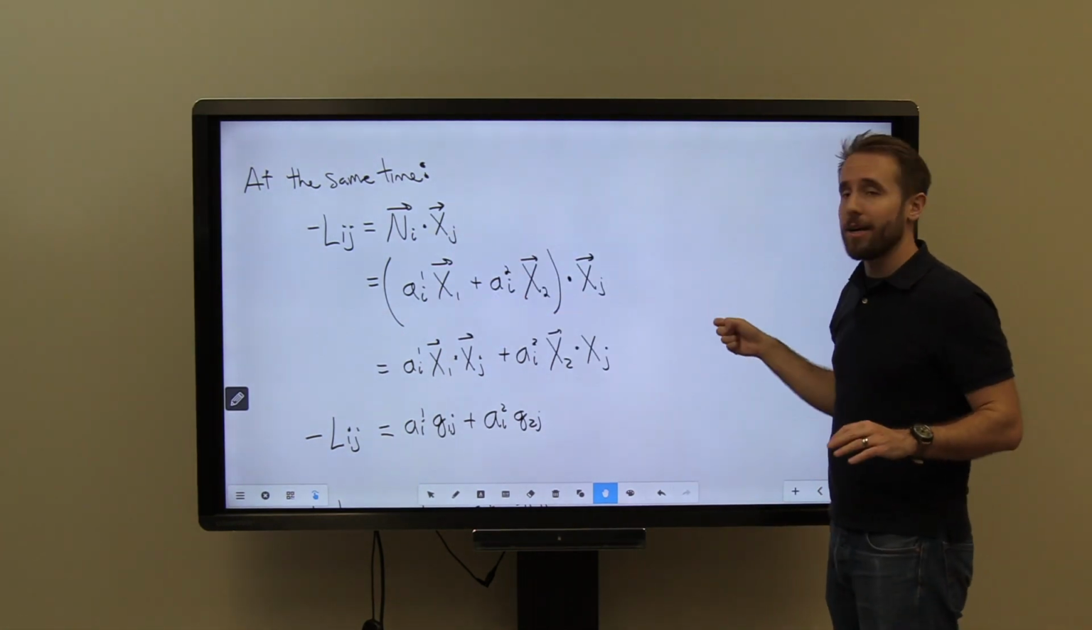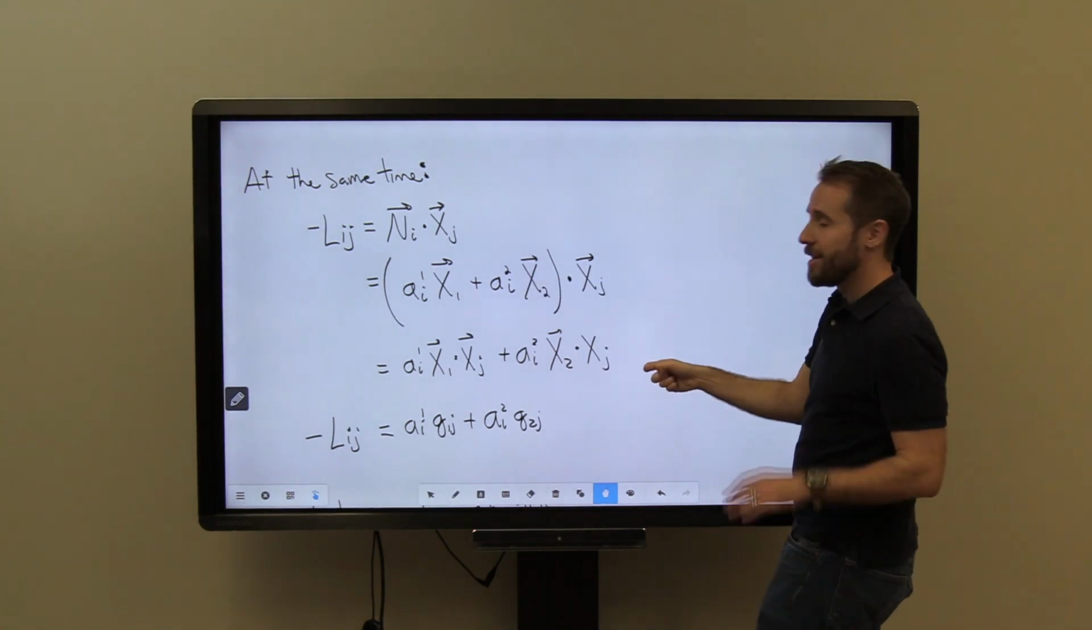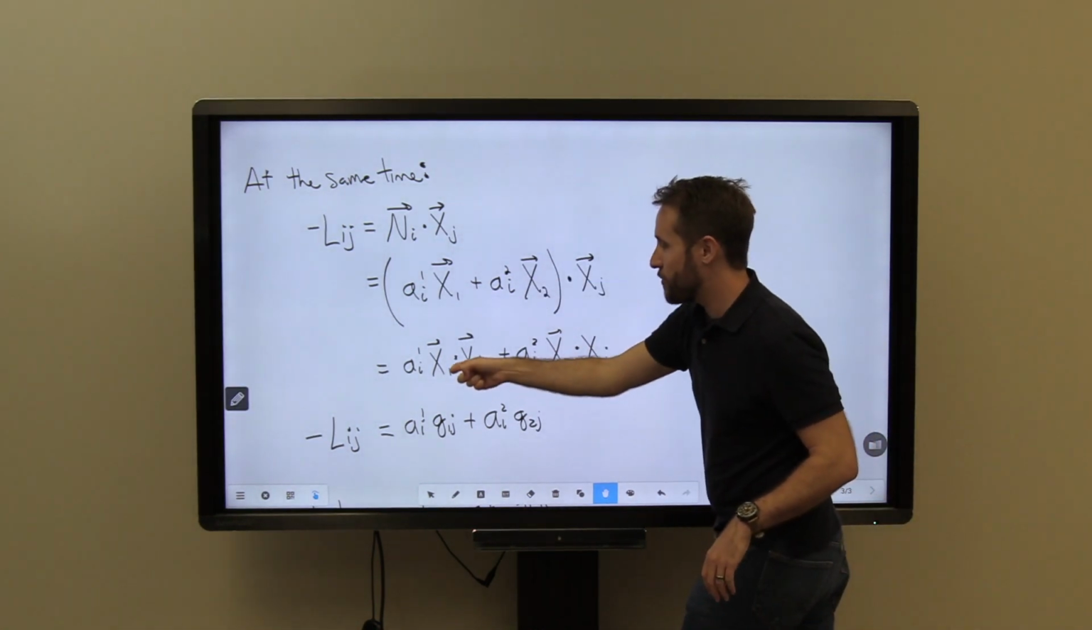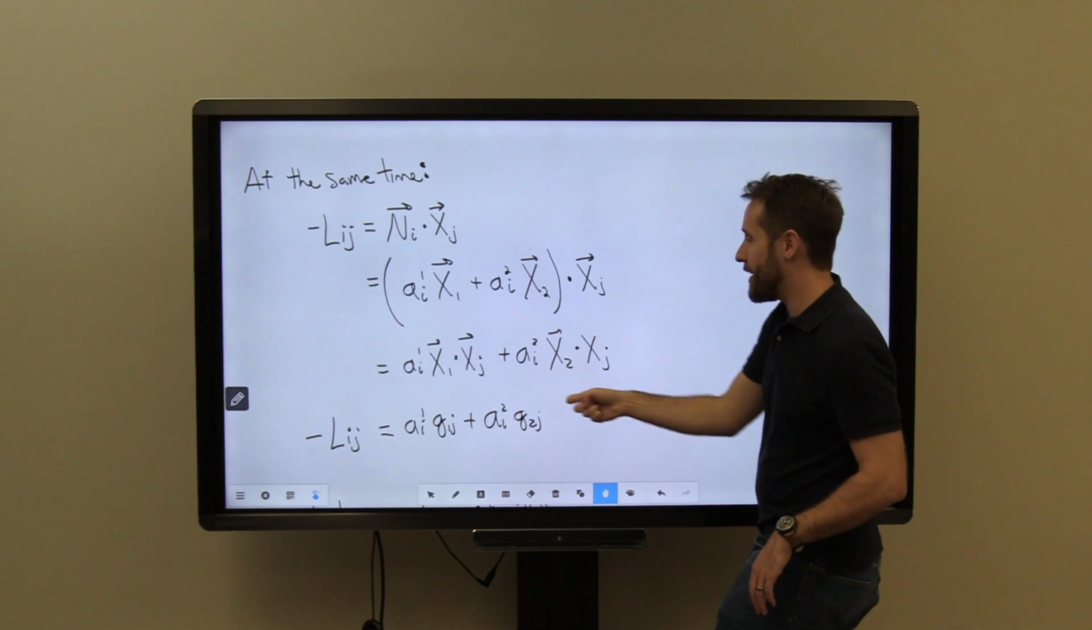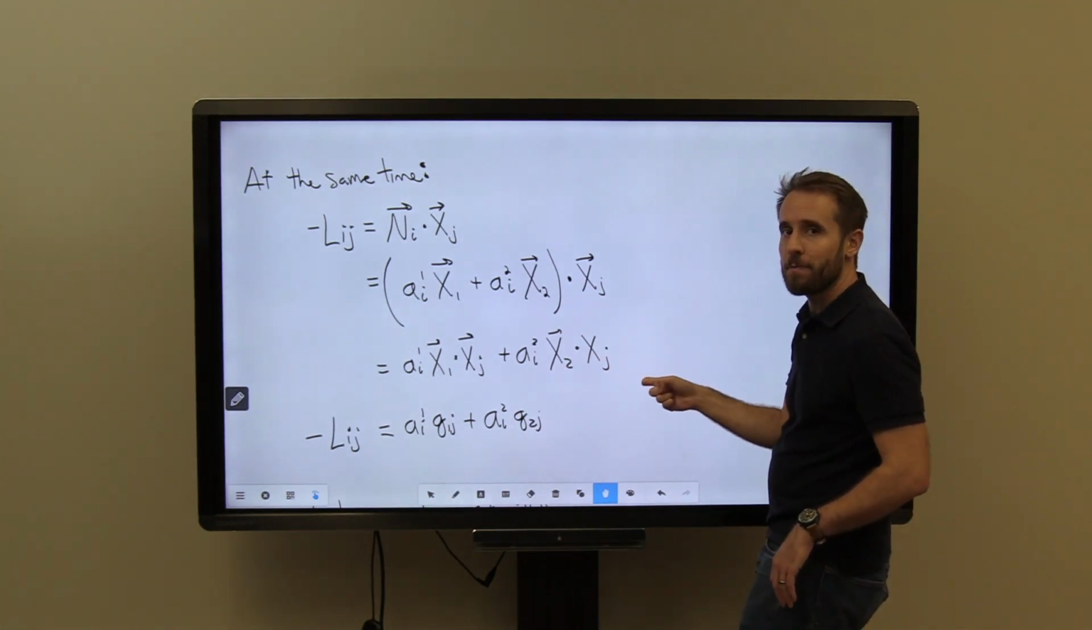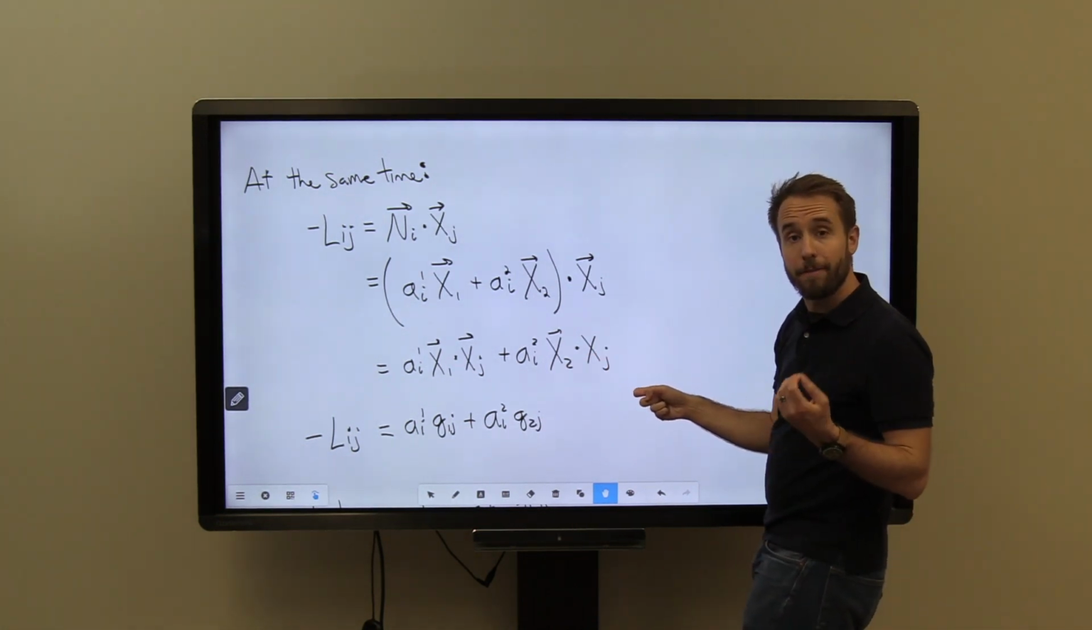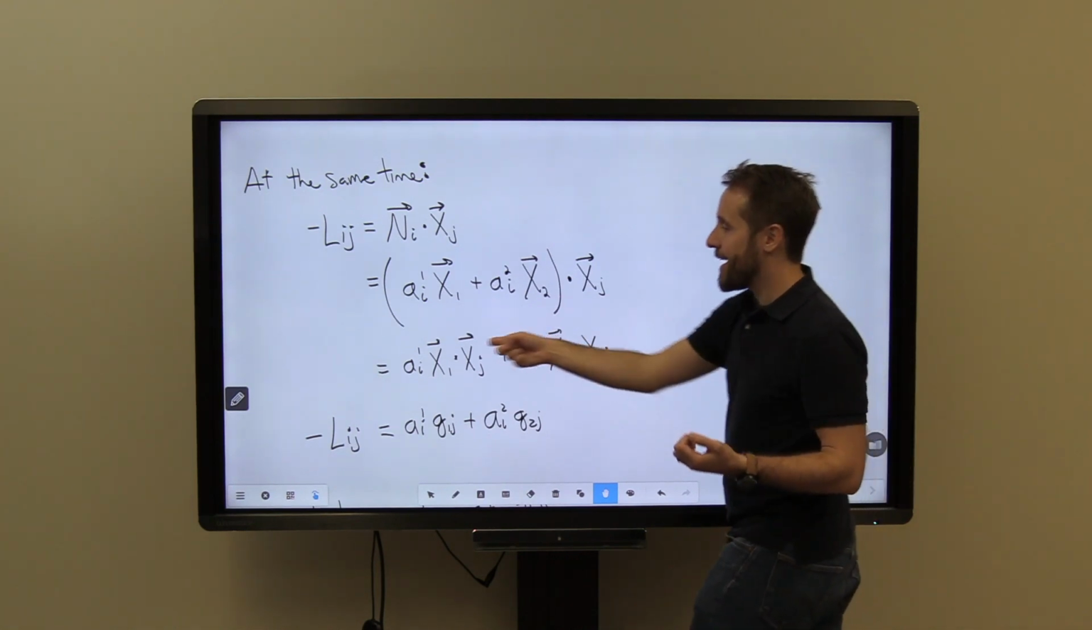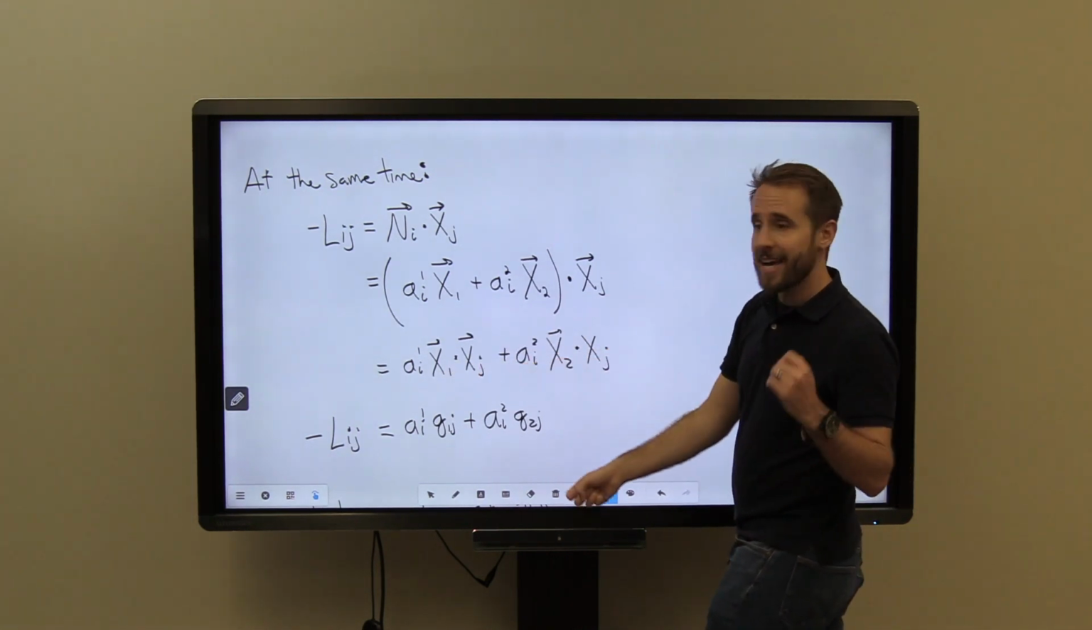Now, of course, the dot product is linear, so this distributes. And then I get the expressions x1 dotted with xj and x2 dotted with xj. But that is exactly my first fundamental form, right? x1 dotted with xj was exactly the entry